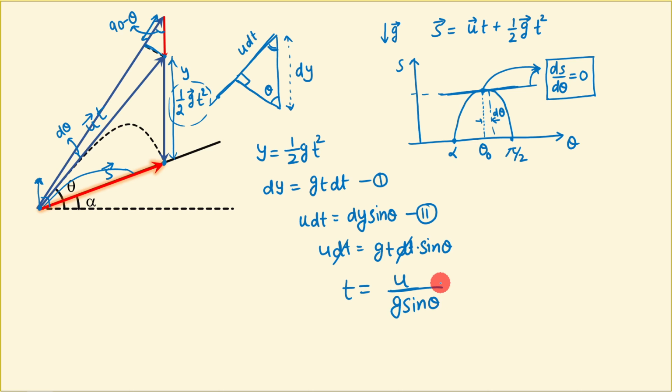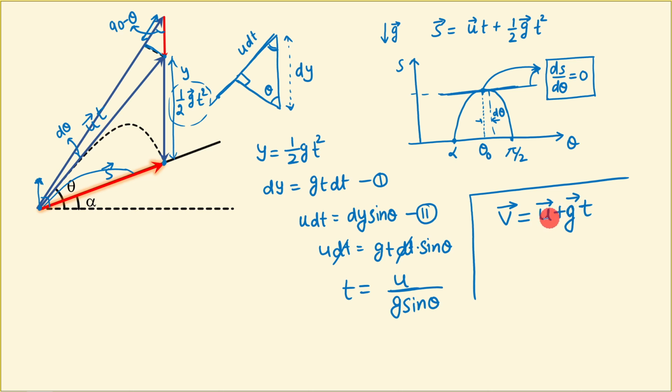So now we know the time after which this condition will happen, right? For this optimum condition, or for this maximum range condition, the time taken by the projectile will be u by g sine theta. Now how do we proceed and prove that at this particular time the velocity vector is perpendicular to the initial velocity vector, right? So let us again use the equation of motion for our rescue. Let's write the first equation of motion: the final velocity vector equals the initial velocity vector plus the acceleration vector, which in this case is g vector, into time taken t, right?